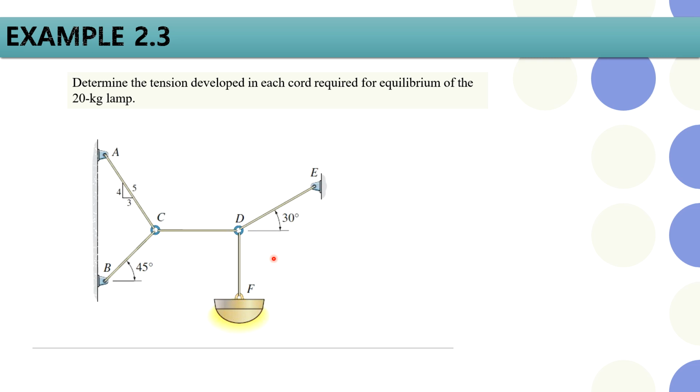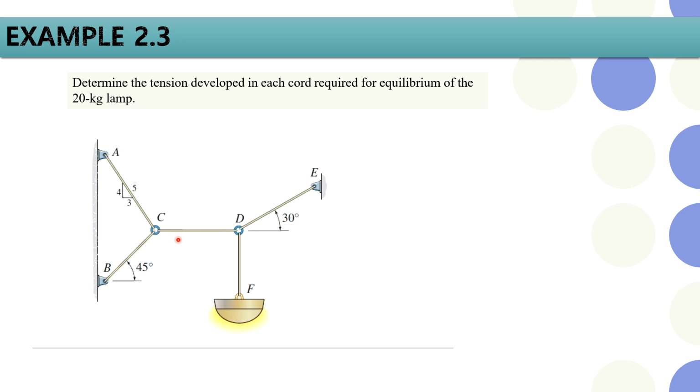You need to know what to do. First, you draw multiple free body diagrams. Instead of one, you have multiple. You start by drawing an FBD at joint D, where the weight of the lamp hangs, and solve for the cords DE and